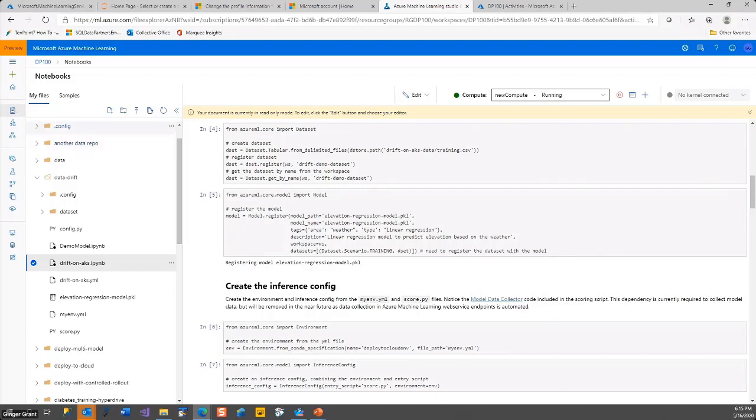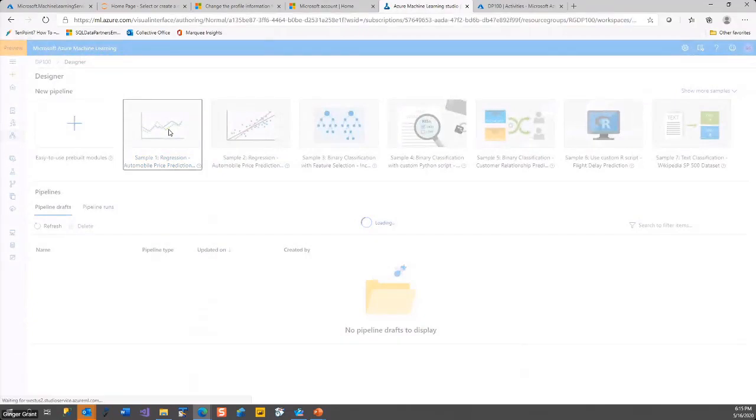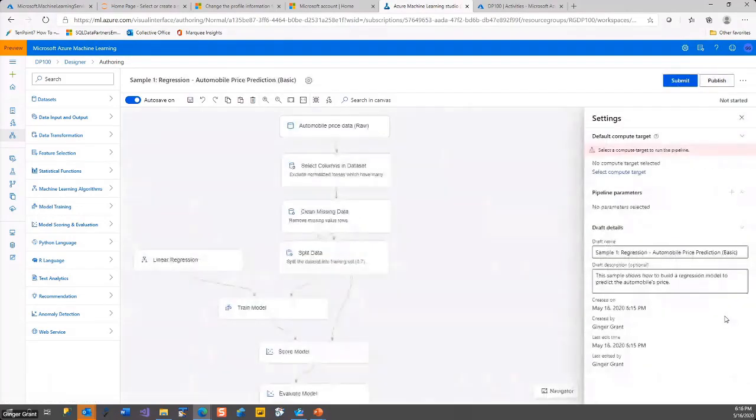for machine learning. So there's a lot of different components in here. It's actually kind of a rich environment. In addition to going to the designer, which you may be familiar with, which shows things like a drag and drop interface that you can use for creating machine learning components. So this is an example of a machine learning drag and drop interface that was created with the designer that's